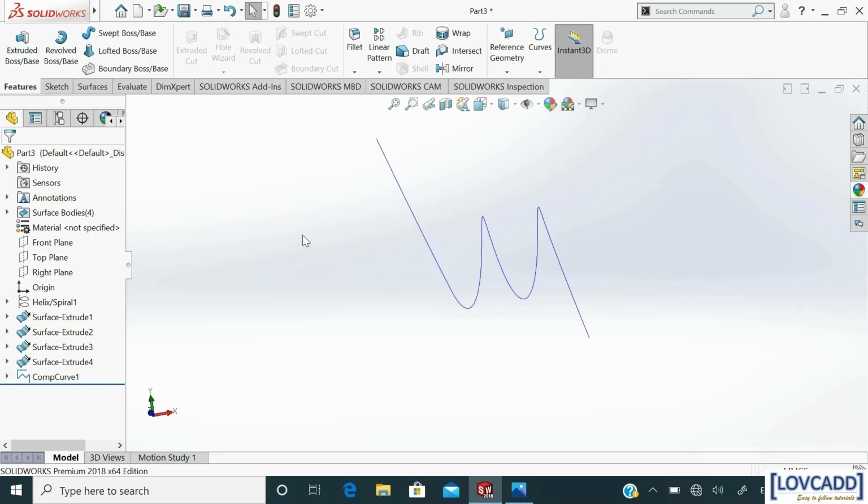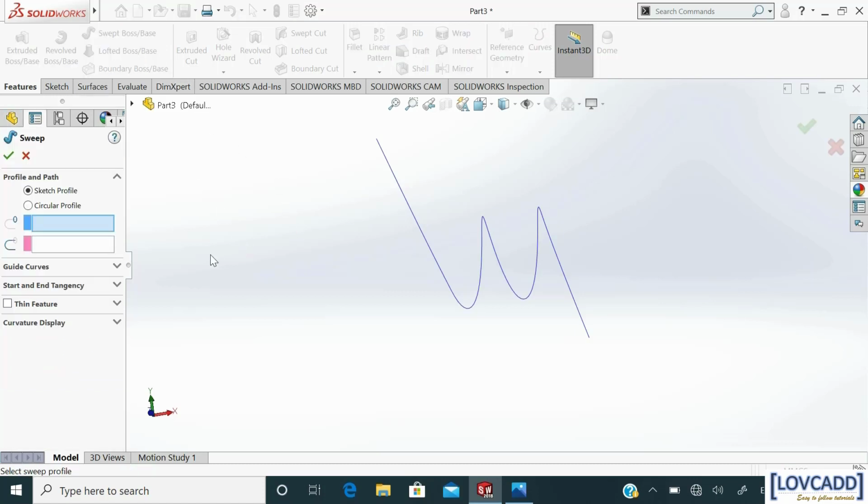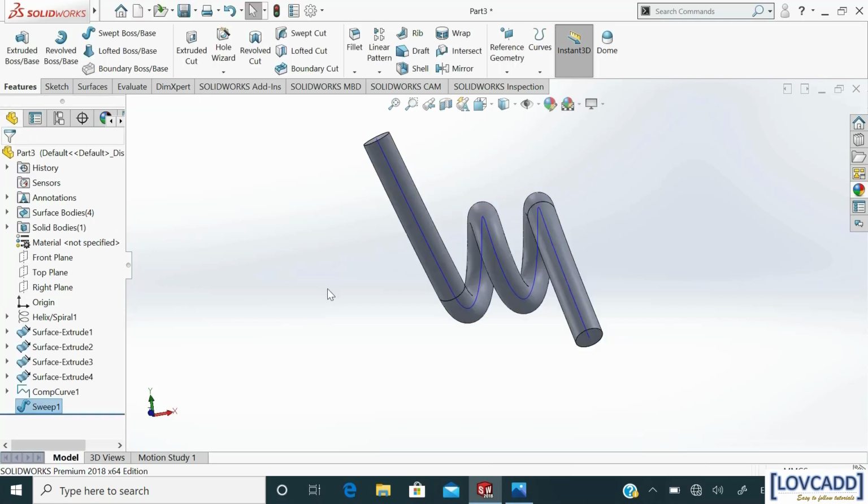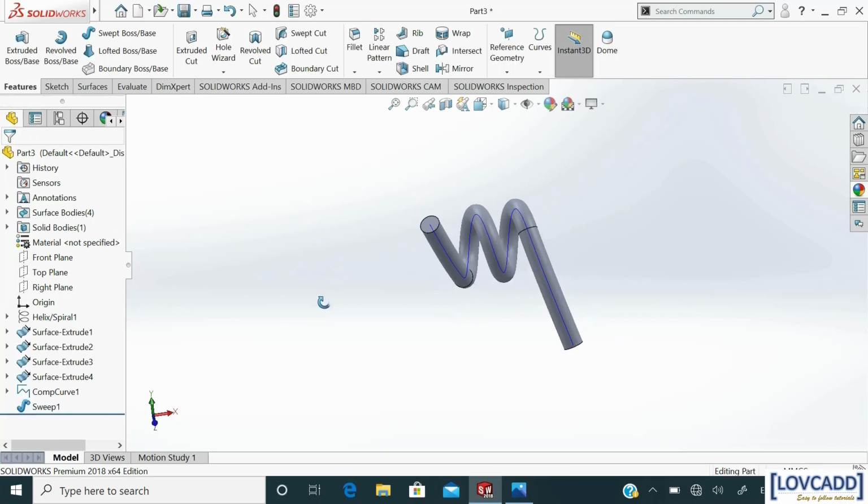Now go to features, select sweep, select circular profile and assign the diameter as 3.175 mm. Select the path as spline. OK. Now next is add dome.